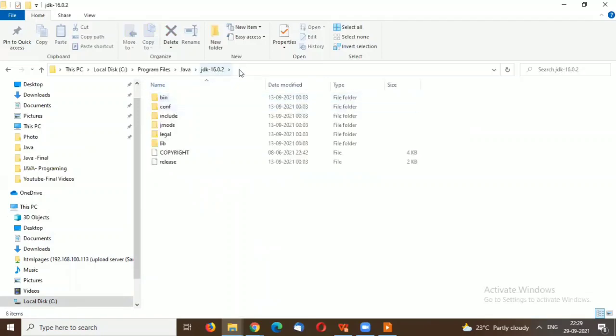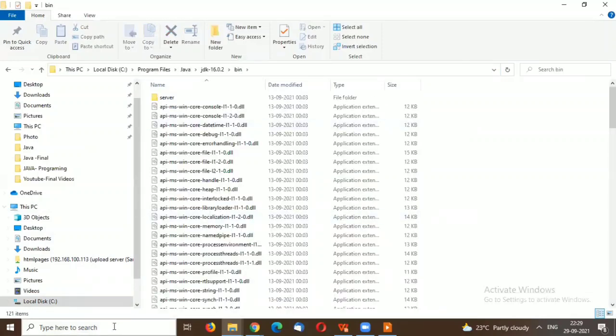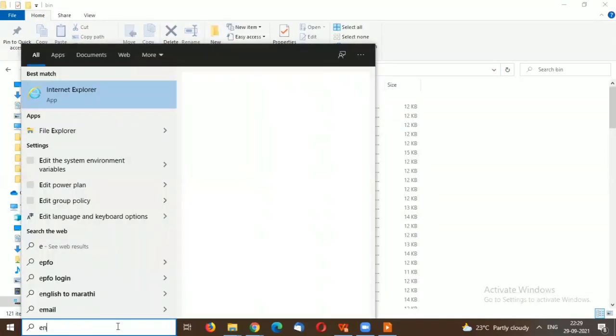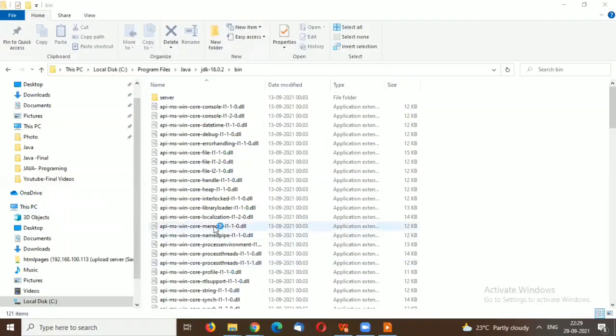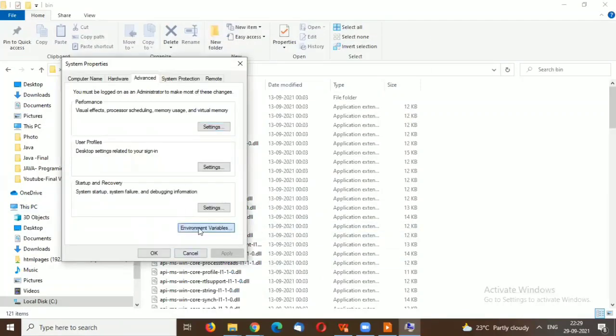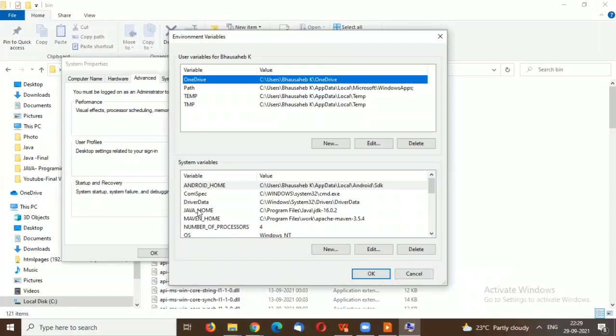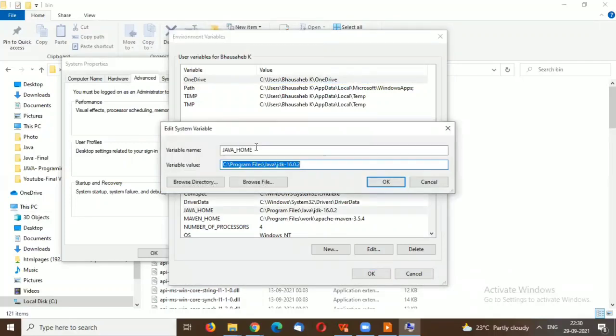So we need to set the environmental path, like the JDK home and JDK bin path, in your environmental variables. If you go here to edit environmental variables, in the environmental variables I have set the Java home path. Here you can see that the variable name is Java home and the variable value is the JDK home path.